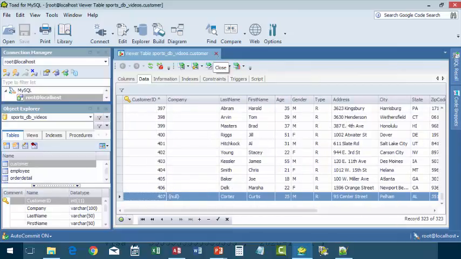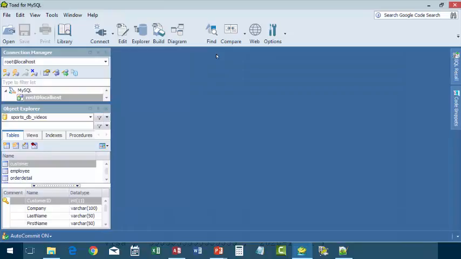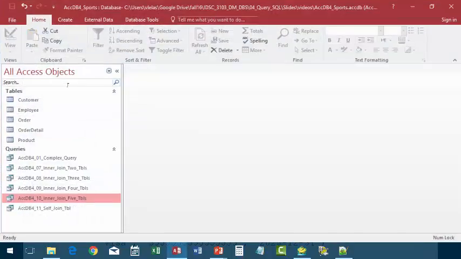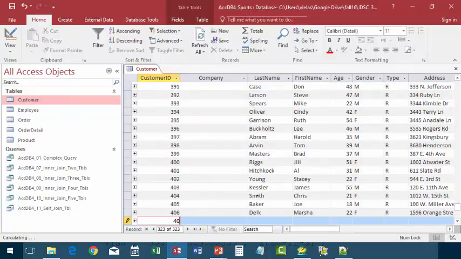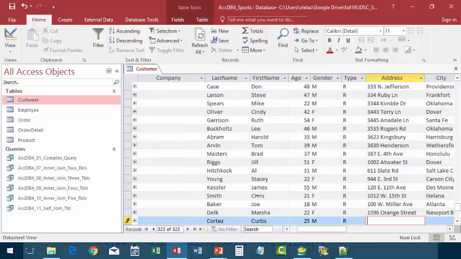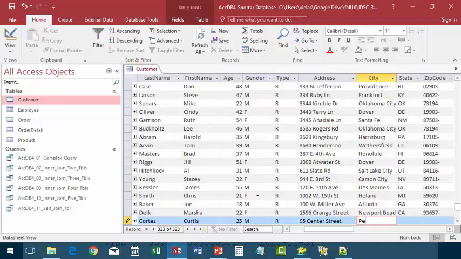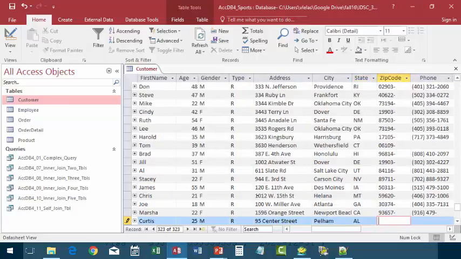Okay, so let me see what else. Inserting a row in Access is much more straightforward. Okay, we'll just open the Access database if you close it. All right, we'll double click to open its customer table, and we click on New Blank Record, type 407, and type all this info. Curtis, what was it? 25, male, retail customer, 95 Center Street. Okay, Pelham, Alabama,